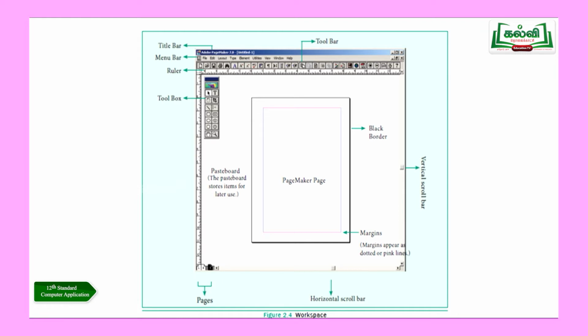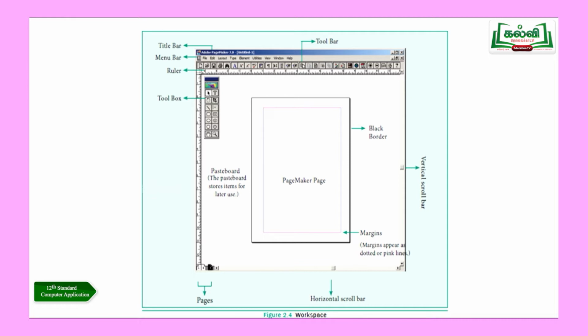Here, if you see, first in the Adobe PageMaker window, as usual you will have a title bar followed by the menu bar. The menu bar consists of many menu items. Each item sometimes may have sub-menus also. Followed by that you have the toolbar. Toolbar is nothing but the icon shortcuts for the tools available in this software. Followed by the ruler line. Then in the left hand corner you have a toolbox.